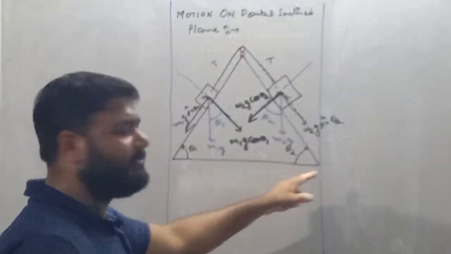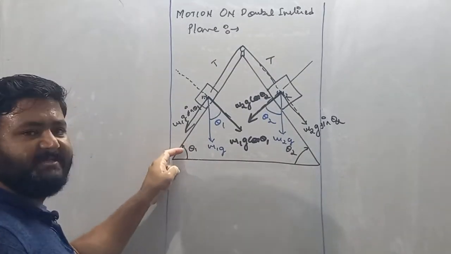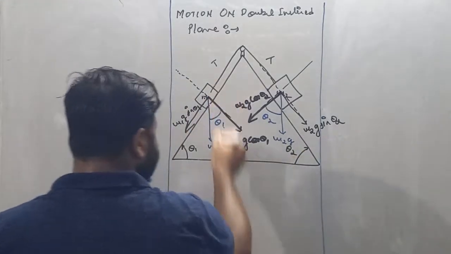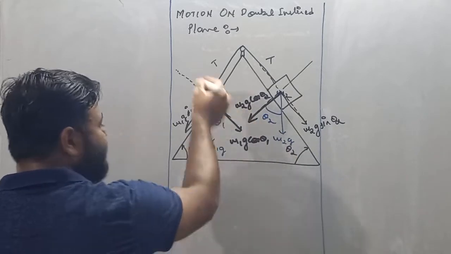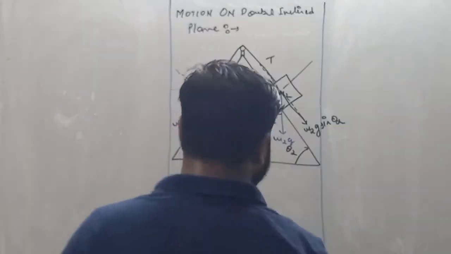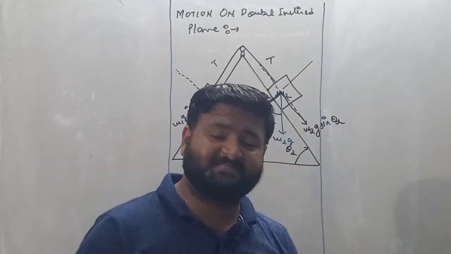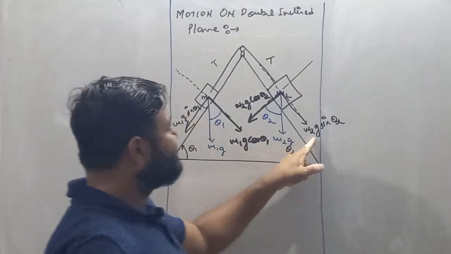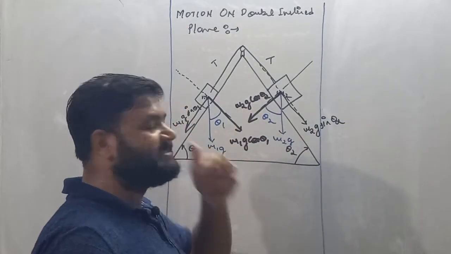Why theta 1 and theta 2? Because on this side the angle of inclination is theta 1 and on this side the angle of inclination is theta 2. So for the weights m1g and m2g, one component is cos and the other component must be sine. I hope you all understand, because I have repeated this many times. Remember, if any vector quantity makes an angle, then you have to split it into components. For any vector, two components form, one is cos and another is sine. So this is m1g cos theta 1, this is m1g sin theta 1, this is m2g cos theta 2, and this is m2g sin theta 2.